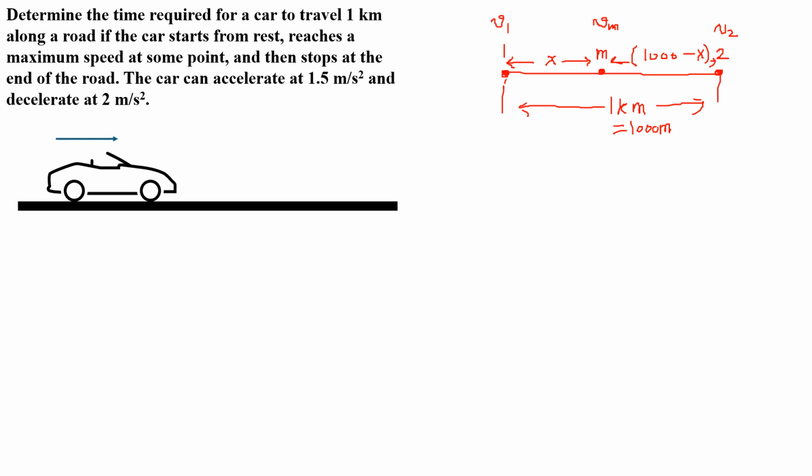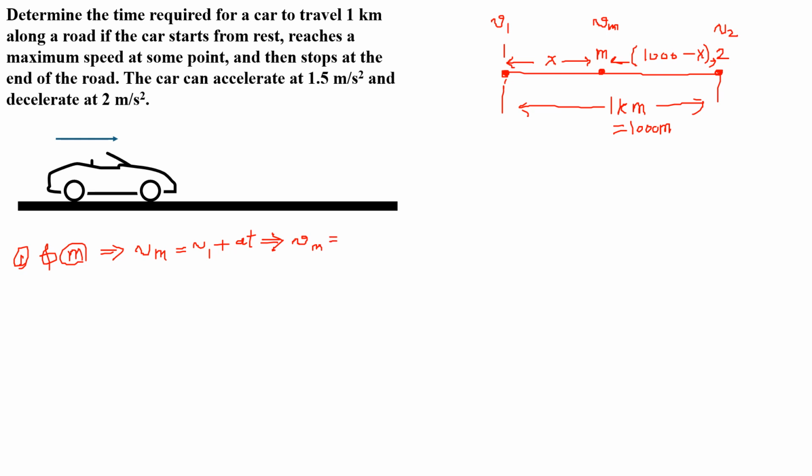Now let me write from kinematics the equation for the velocity at point 1. How can we relate that to point M? So let me write now between 1 and M. I can use this equation. I can say Vm equals V1 plus at. And let me substitute the values here. This is Vm, and this equals